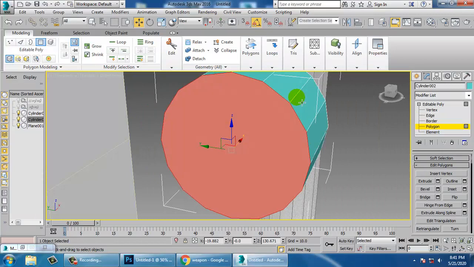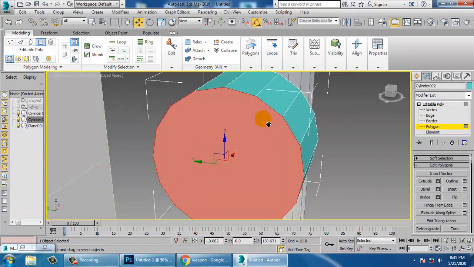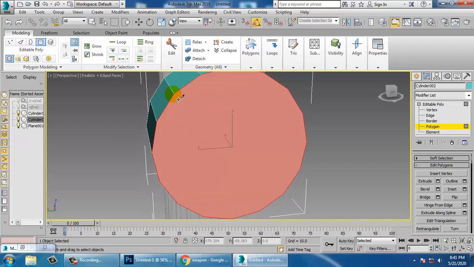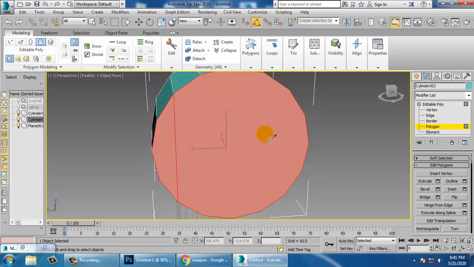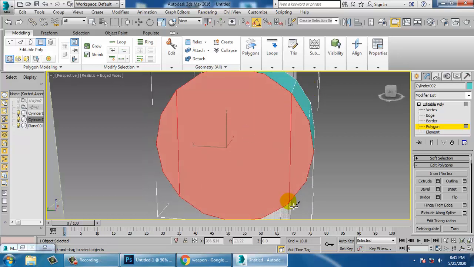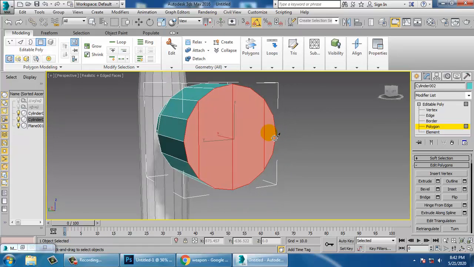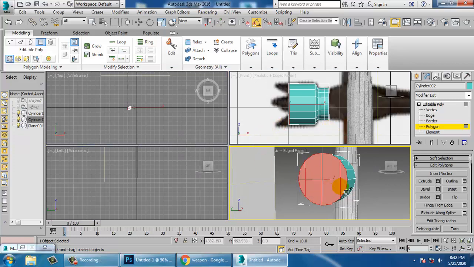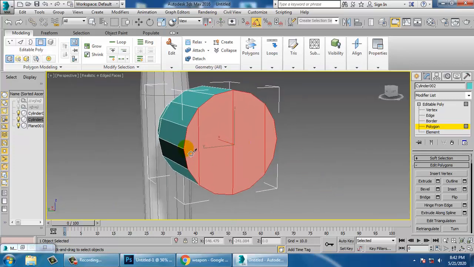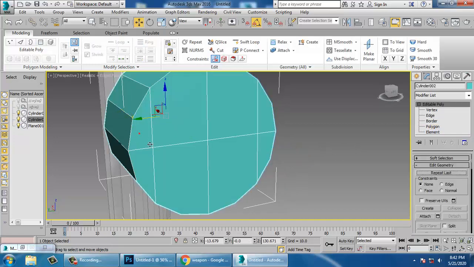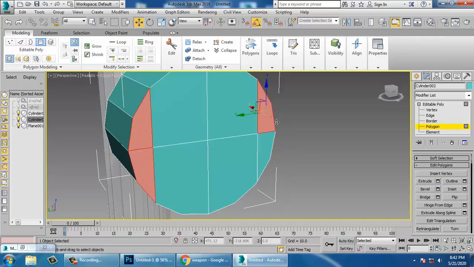Now what I can do is right click on it, I have a cut option. I can utilize the cut over here in this way. Go over here, select both of these.